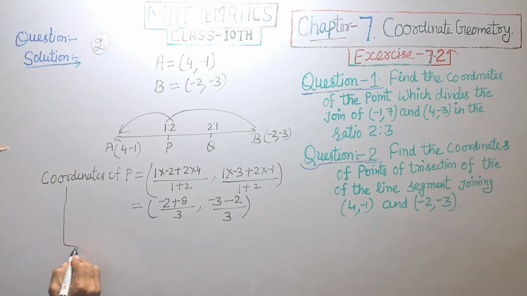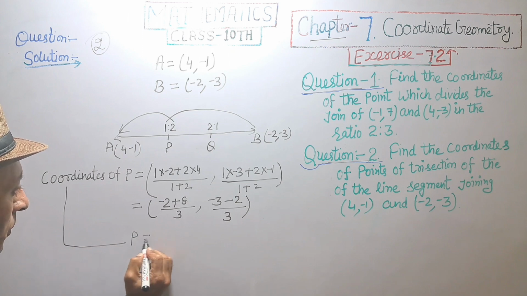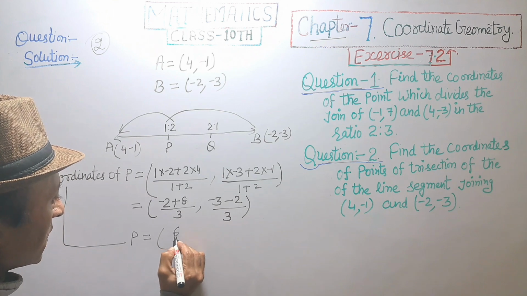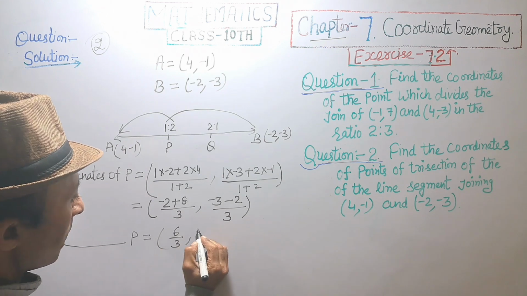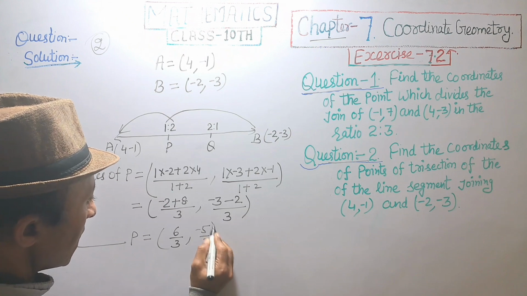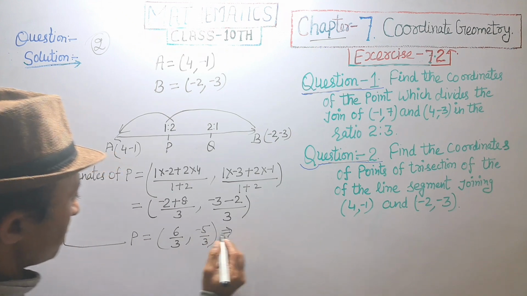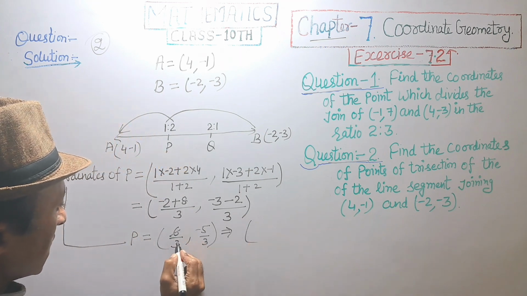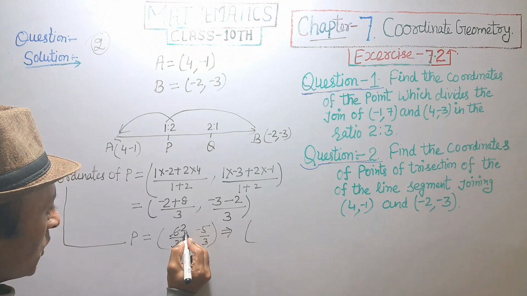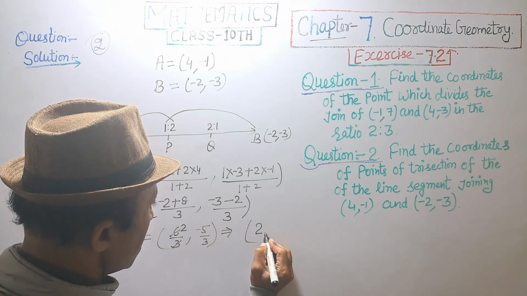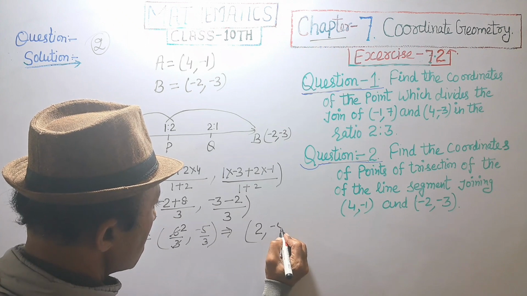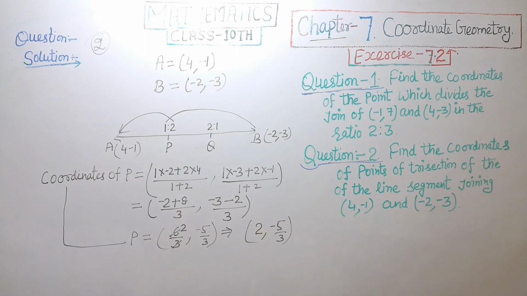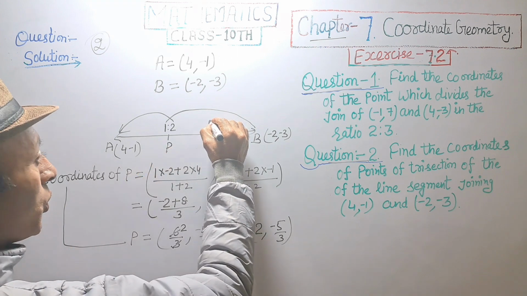So coordinates of P is equal to 6 divided by 3, comma, minus 5 divided by 3. This implies 6 is divisible by 3, 2 3s are 6, but coordinate points is equal to 2, comma, minus 5 by 3, and coordinates of Q